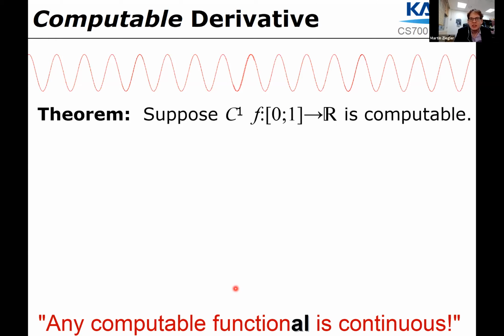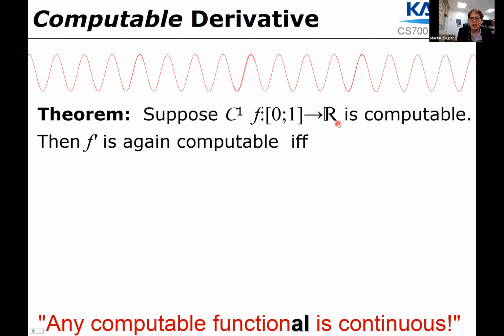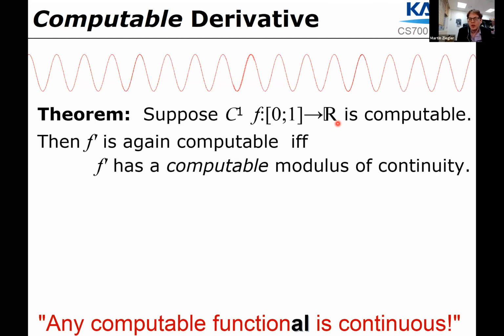So that's the gist. And the purpose of this new slide is actually to demonstrate a counterpart to that, namely sufficient and actually it turns out also necessary conditions for the derivative of the computable continuously differentiable function to be again computable. And we have the following theorem. Suppose we have a continuously differentiable function on the unit interval, let's say, a real function which is computable. And the statement says its derivative is again computable if and only if that derivative has a computable modulus of